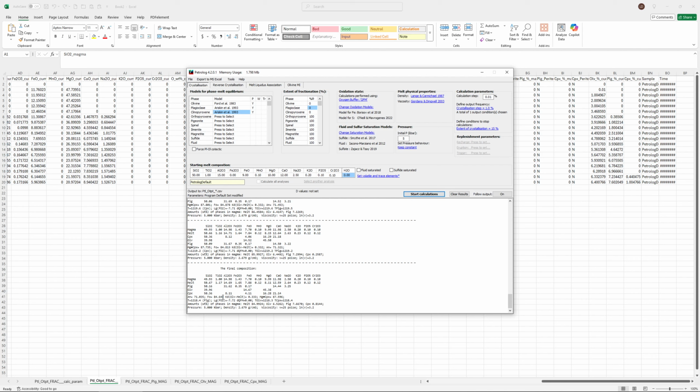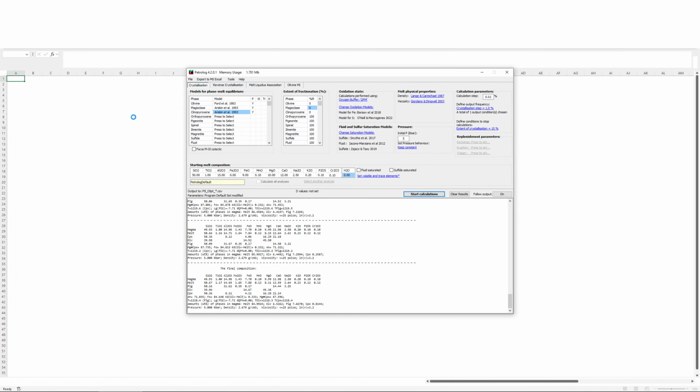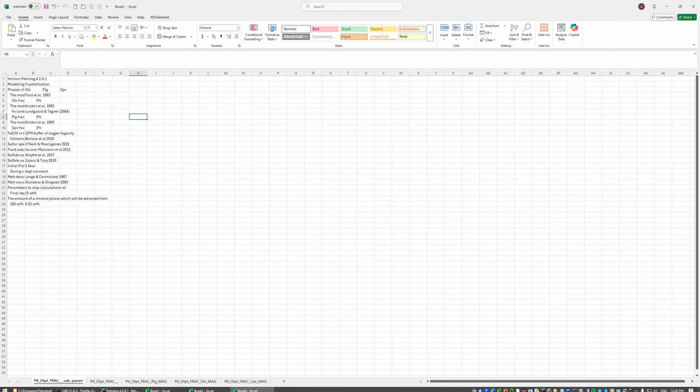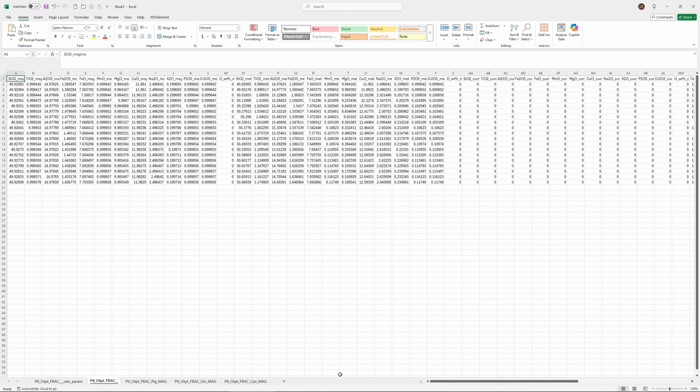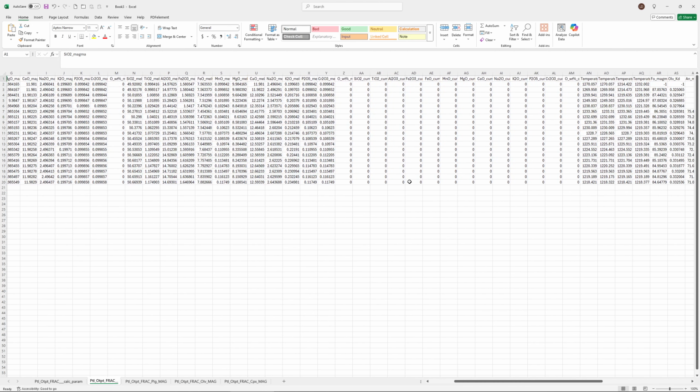They are re-equilibrating with the melt as crystallization proceeds, becoming more and more iron rich, and all of them have exactly the same composition. So if we import these results into the Excel file, two things I would like to highlight for you. First of all, the composition of cumulate is 0 in the main output file,